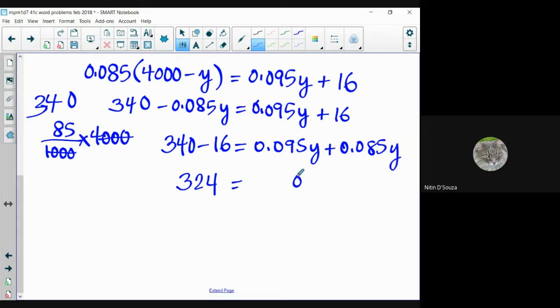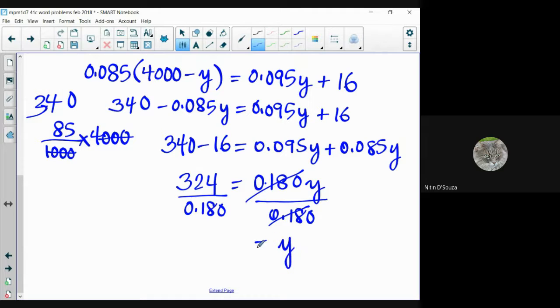So when I add those, now I'm going to divide both sides by 0.180. So if you solve for the actual variable, then your end answer is